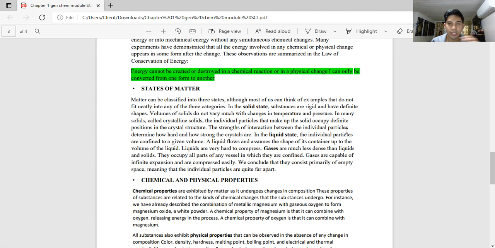Okay? Your liquid state: the individual particles are confined in a given volume, and the liquid flows and assumes the shape of its container, up to the volume of the liquid. Okay? Liquids are very hard to compress. However, your gases are much less dense than your liquids and solids. They occupy all parts of the given vessel. We conclude that they consist primarily of empty space, meaning that the individual particles are quite far from each